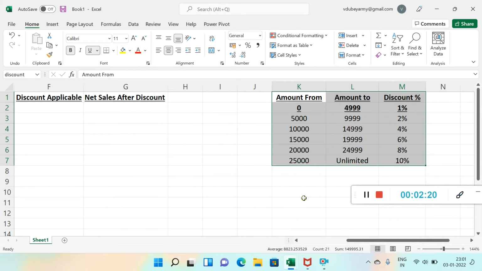The best part of doing this is, suppose you have a large amount of data and you have to apply the VLOOKUP function in the table, and then you have to select the table a number of times, right? By selecting the table once, it helps to save a lot of time, and you do not have to select the table again. It is selected by giving the name discount, right?